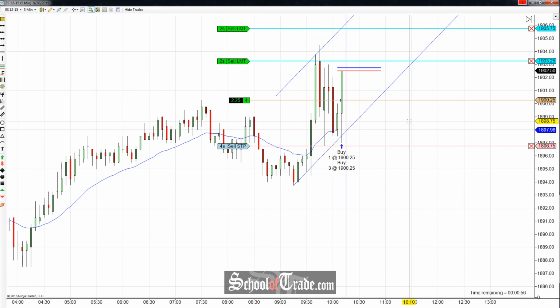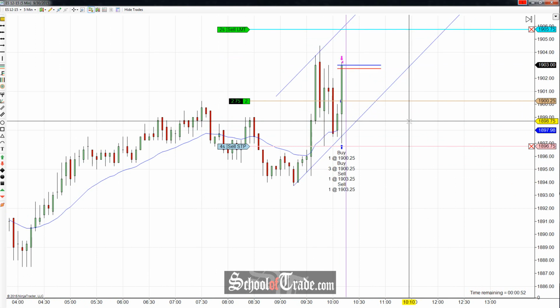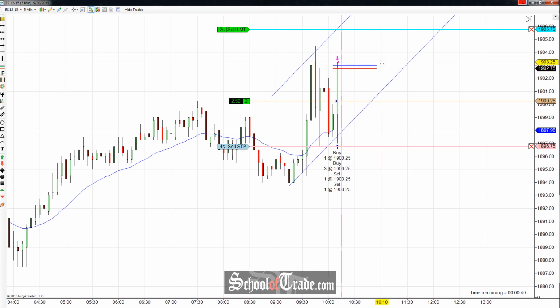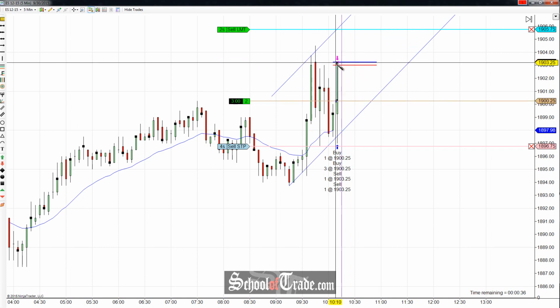Now, we do have a couple things going on today, but primarily the big news is kind of taken care of. We've already got that out of the way. Now we're just waiting for really just the follow through. The only other big news really today is going to be crude oil for the inventories, but outside of that, we're looking great. So we've got our first target filled at 1903 1/4, and drawing up the profit targets here,